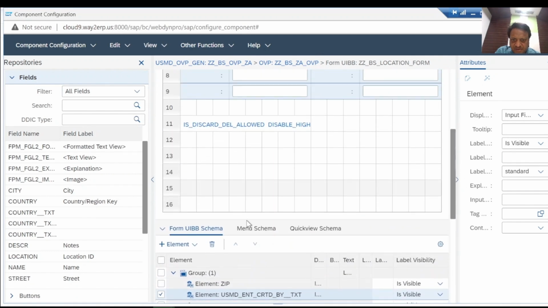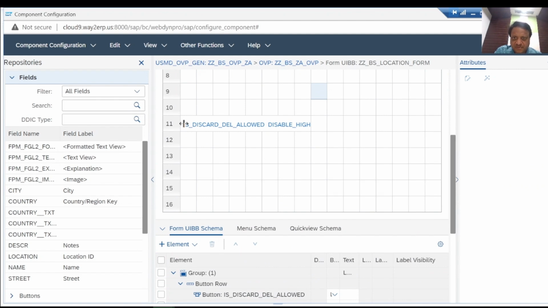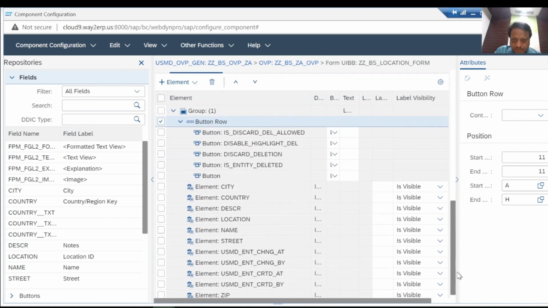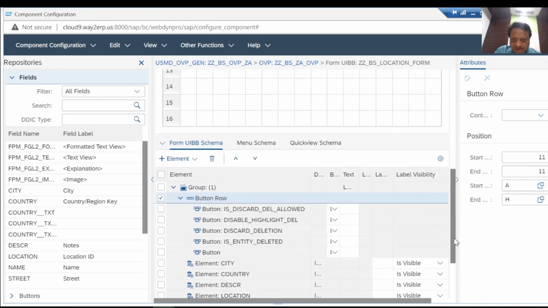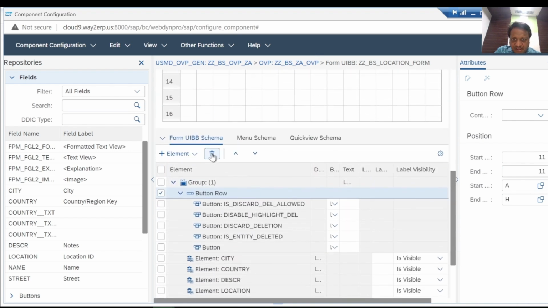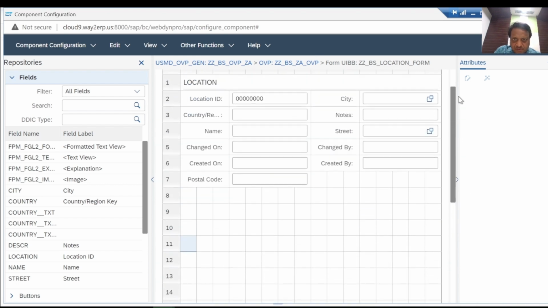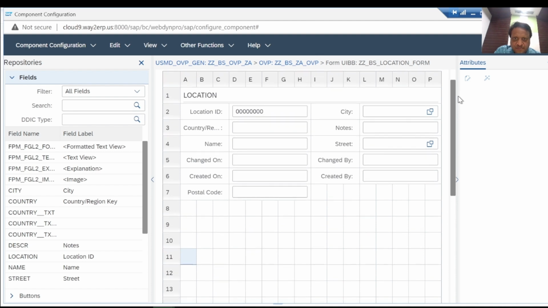The first thing I can do is get rid of these blank spaces. Similarly, this row number 11. So again my object is selected for the button and I can press the delete button. So I get this as a template,